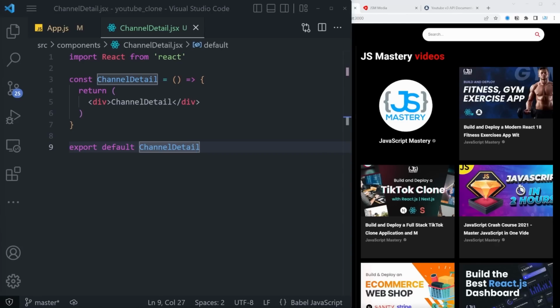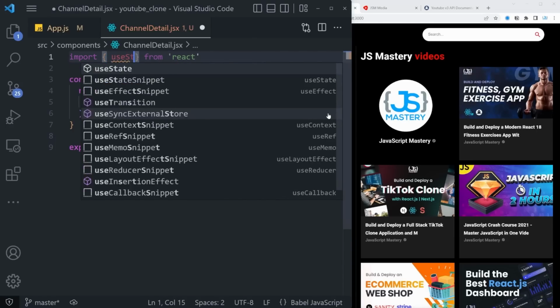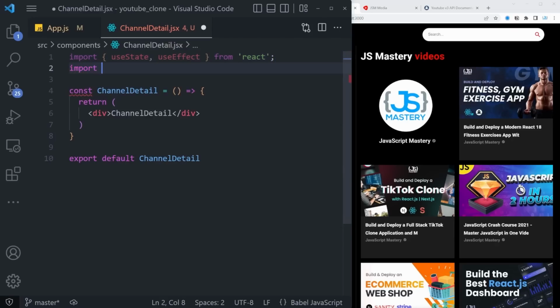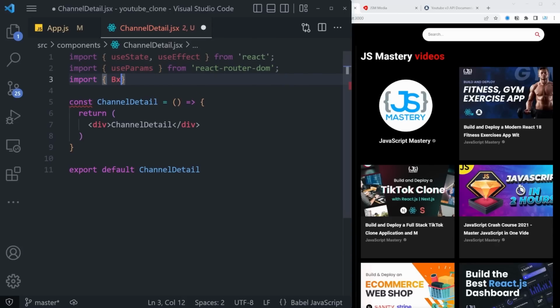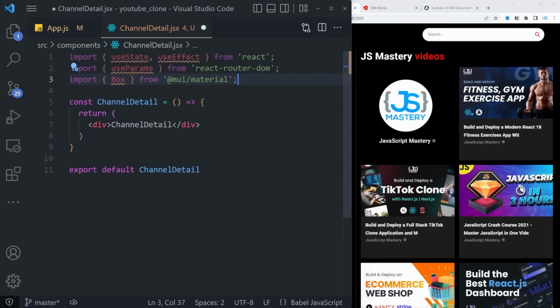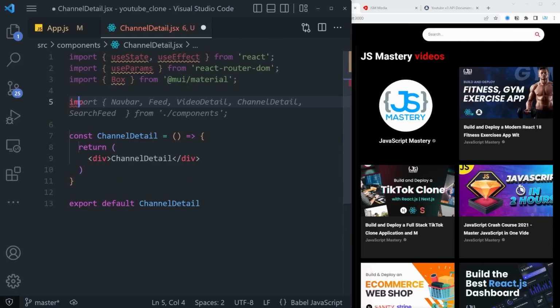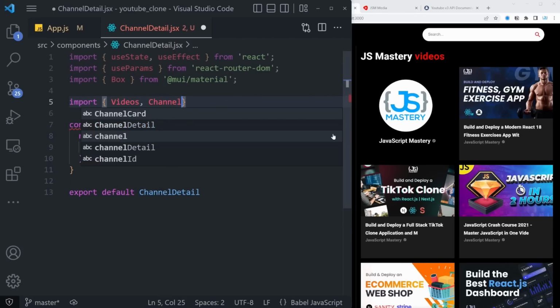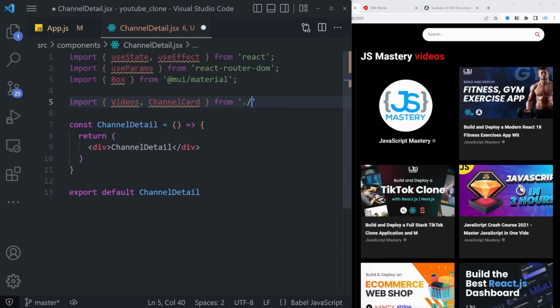To start coding out our great channel detail page, we of course first have to import a couple of things. Let's get the useState and useEffect hooks. Let's also get the useParams, so we can say import useParams coming from React Router DOM. Let's also import the Box component coming from, you know it, MUI material. And now comes the best part. We're also going to import the Videos component as well as the ChannelCard component coming from ./